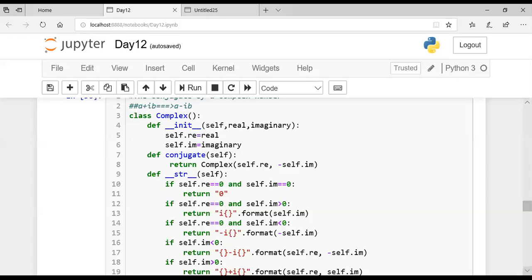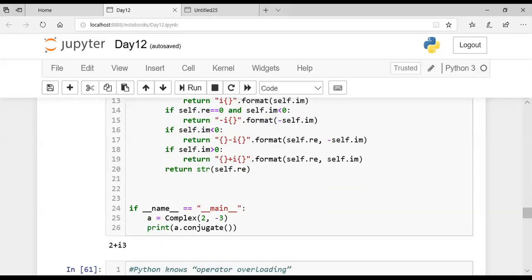Okay, so how to find that? Again, the same code. You will write the constructor and then the next method named conjugate to find out the conjugate of the complex. And here what we are actually doing is negating the imaginary part, so minus self dot im. So conjugate means negating the imaginary part, so minus self dot im. Self is used for the class variable. So im is a class variable, so self dot im should be negated for finding the conjugate. And then the str method is written for printing it in proper format.